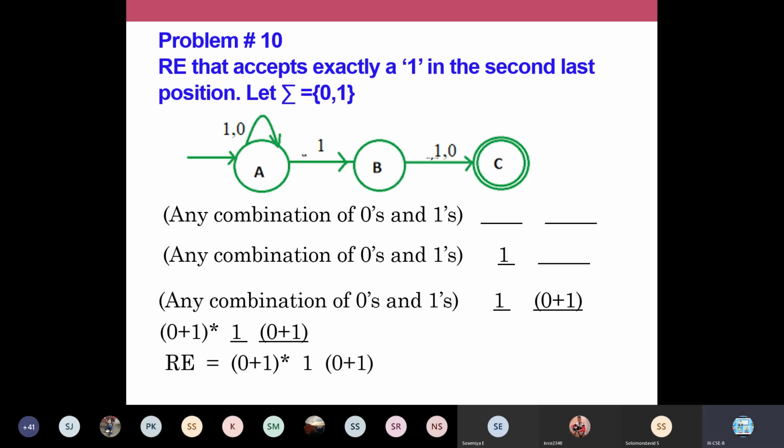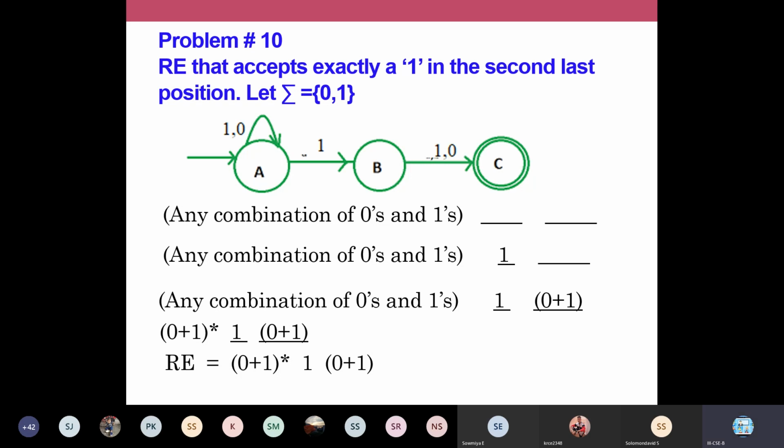If you are trying to construct a regular expression, how shall we write? There must be a 1 in the second last position. Then your language should be, try to write the language, or straight away given the diagram here. You analyze the diagram. When problems of this kind are there, you analyze the diagram. Your automata will have a 1 in the second last position. So with an automata also, you can try to write the regular expression. Analyze your automata, and if you can understand, just try to write the regular expression.